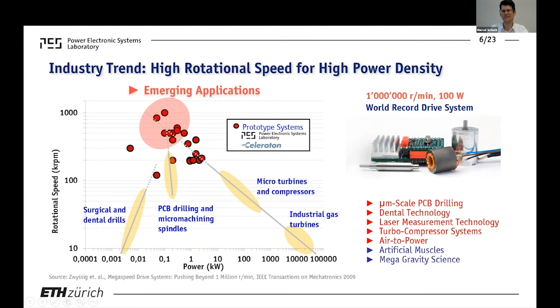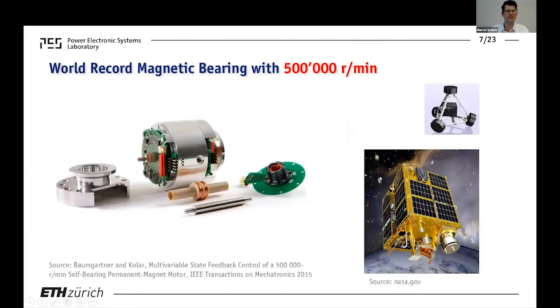However, this system was still suspended by normal ball bearings. We had very high losses in the bearings here. And again, this is targeted at applications in microscale drilling, dental technology, but also for rotating mirror systems. There are quite a few application areas. So the next logical step for these high-speed machines for us was to move towards magnetic suspension,